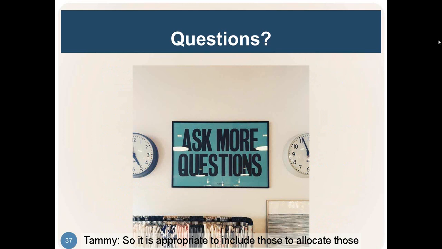So it's appropriate to allocate those out as direct cost and then charge indirect on top. I think if you're allocating them out, they're not really direct cost. The fact that they're taking rent, I think is one of the terms you used, and separating it out between the different programs, they are allocating those as an indirect cost, but they're just doing it in a little different method. But essentially, that's an indirect cost.